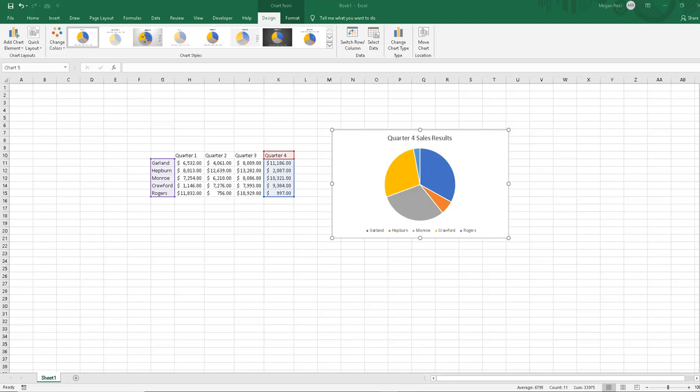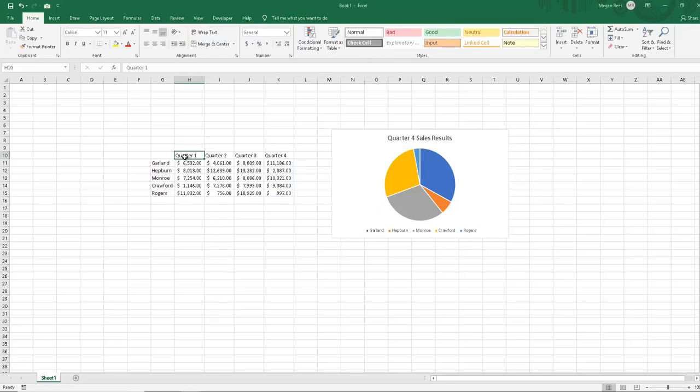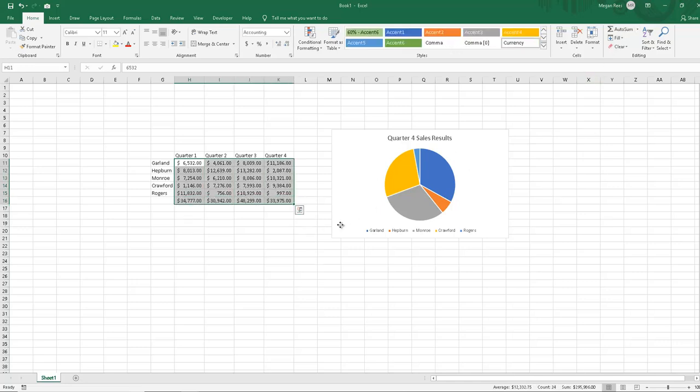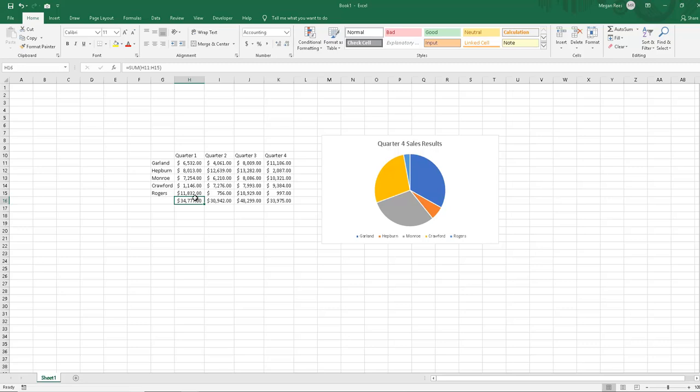Okay, the next thing you have to know about pie charts, and this is also very restricting, is in order for it to be a true pie chart, like what it really is supposed to show, pie charts are supposed to show percentages. So that means it needs to be part of the whole. Meaning that if I added up all these numbers, let's say I sum those up, is this the total sales for everything in quarter one? If so, then a pie chart is a good idea. If it's not, if I just hand-picked 5 of my salesmen and I have 10 other salesmen,